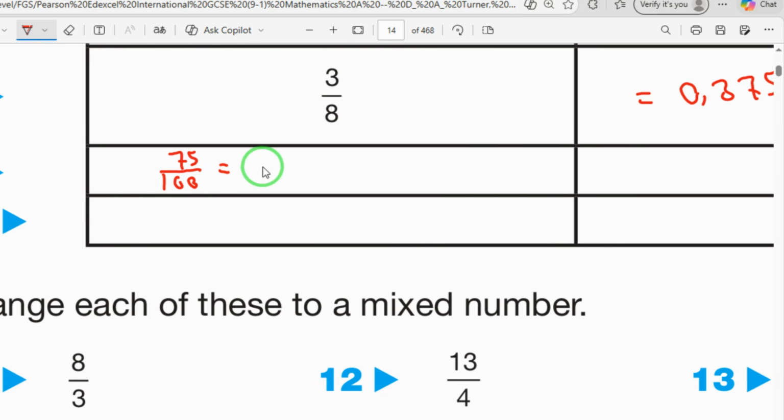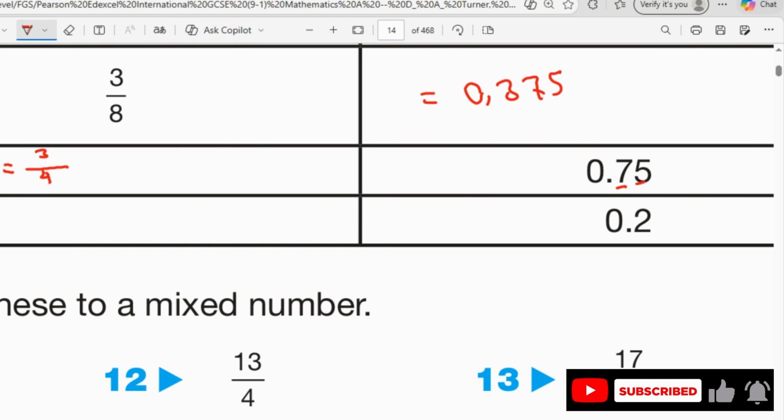It is better to simplify. To simplify, we divide by 25. 3 times 25 is 75 and 4 times 25 is 100, so the answer is 3 over 4. And the next question we have